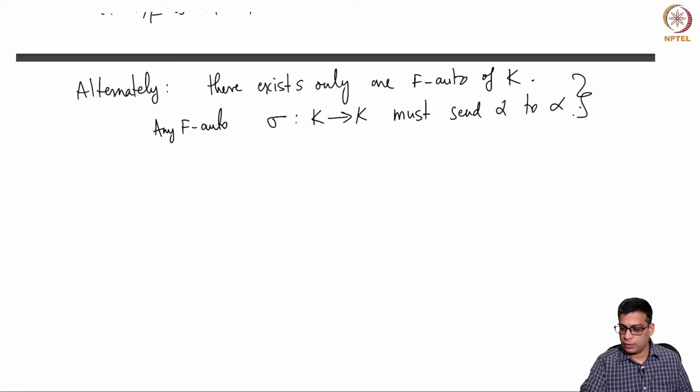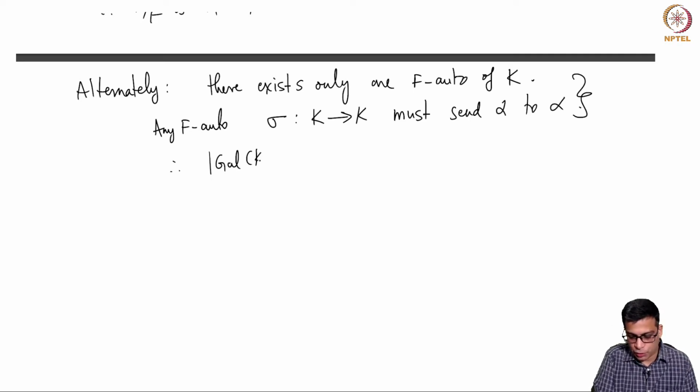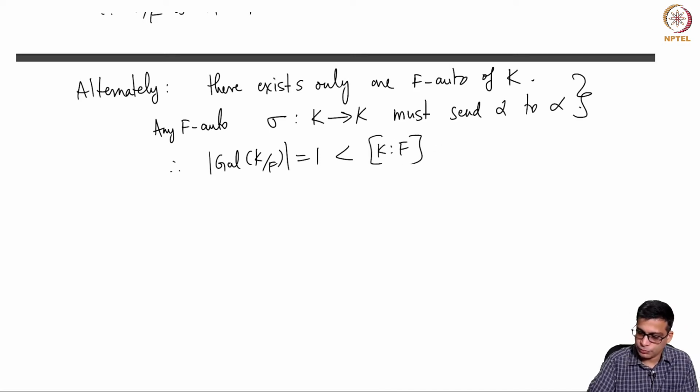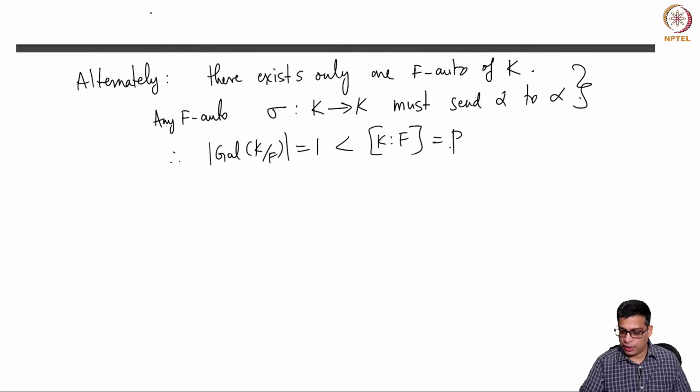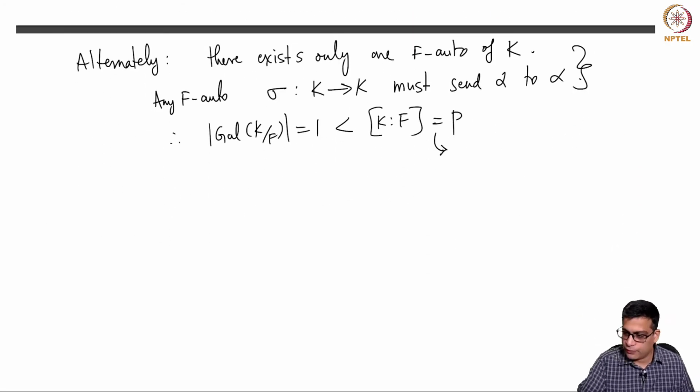So, any automorphism must send alpha to alpha. So, the order of the Galois group is 1, which is strictly less than the degree, which is p. So, again equality here follows from the claim,